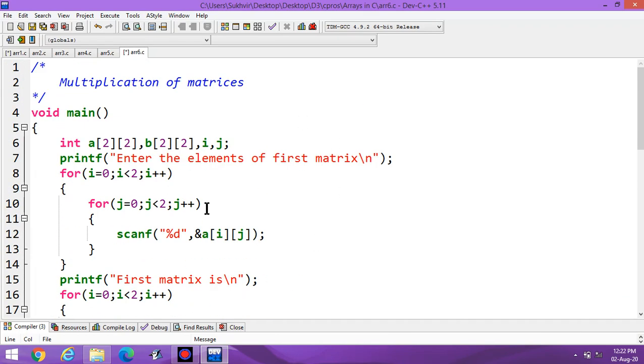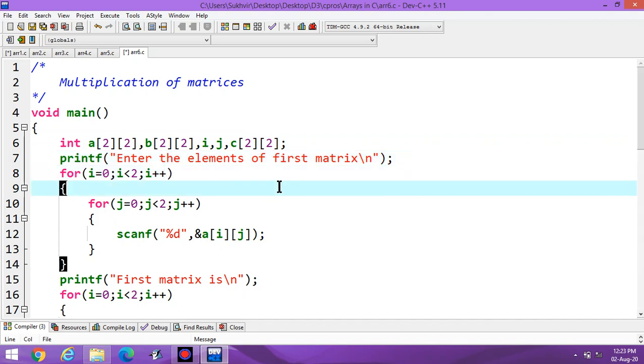In this video, a 2 into 2 matrix is there and the second one is also a 2 into 2 matrix. Suppose I declare one more matrix so that I can store the data after multiplication inside this matrix. Suppose this matrix is C, a 2 into 2 matrix.